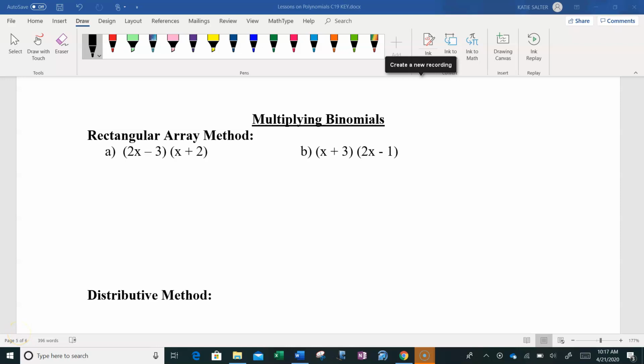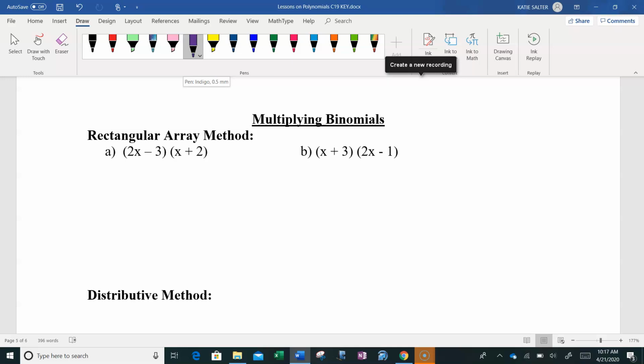Okay, today, folks, we are going to learn how to multiply a binomial times a binomial. Multiplying binomials is very special, and you will be doing this a lot over your high school and college mathematics courses. What you have to understand is a binomial is a polynomial with two terms. So when you have a binomial times a binomial, because you're doing 2 times 2, there are actually 4 multiplications